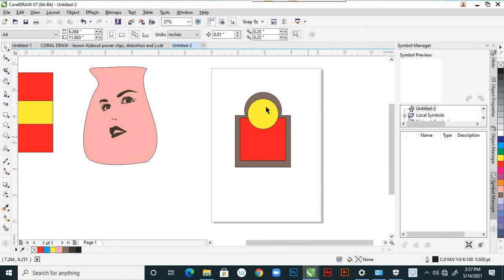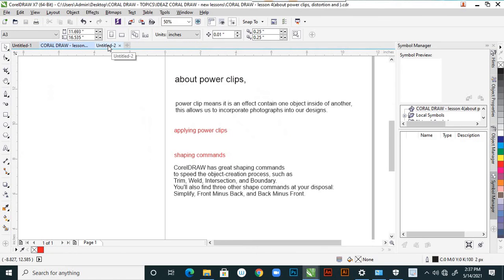See, so it is already taken as an outline boundary, right? So these are very interesting objects and shapes. This we say as shaping commands. The shaping commands we use in creating logos and creating easy vector shapes, right?